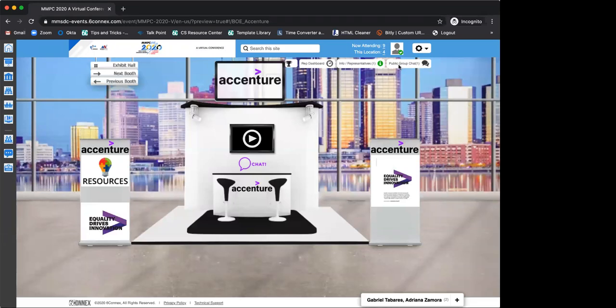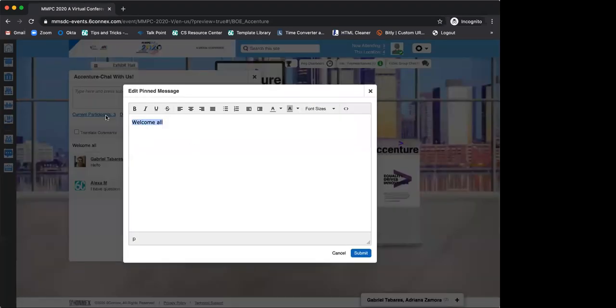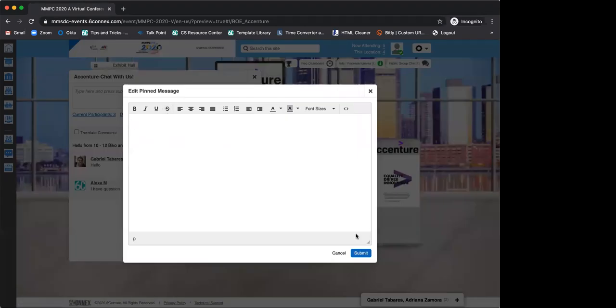Okay. I see another question here around how can you list the schedule of who reps is going to be available at the booth. I will recommend that you use the pin message and say, for example, hello, from 10 to 12, I don't know, Pico and Adriana will be here with you, so they will know the times. When you're about to switch, you can say now who is in there. Remember, you can change it as many times as you want. By the way, I need to remove this, otherwise this is going to appear on this booth.